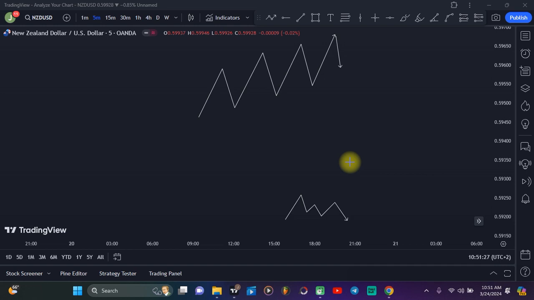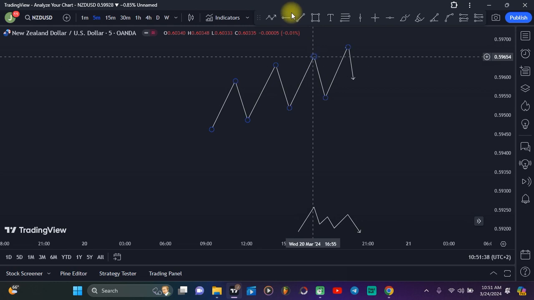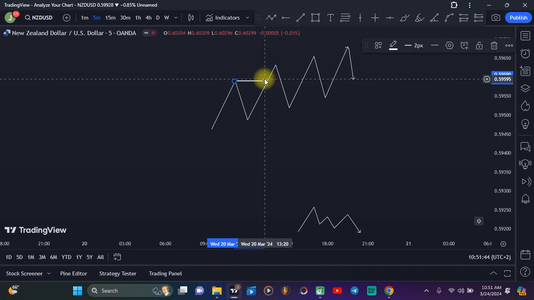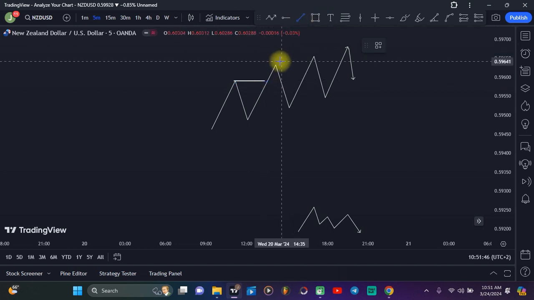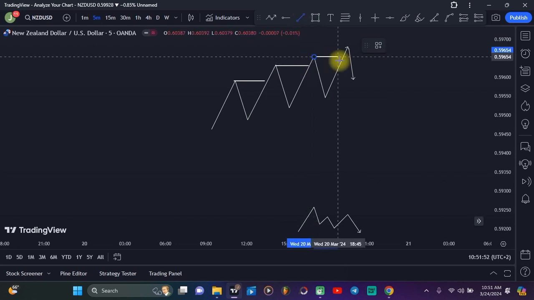Okay guys, now let's look at how we can combine our divergence with our smart money concepts. Now the first thing we're going to do is to let the whole trend, the current trend, play out. As you can see here, we are having an upward trend. We are breaking structure to the upside. Again, another breakout of structure here, another breakout of structure here,